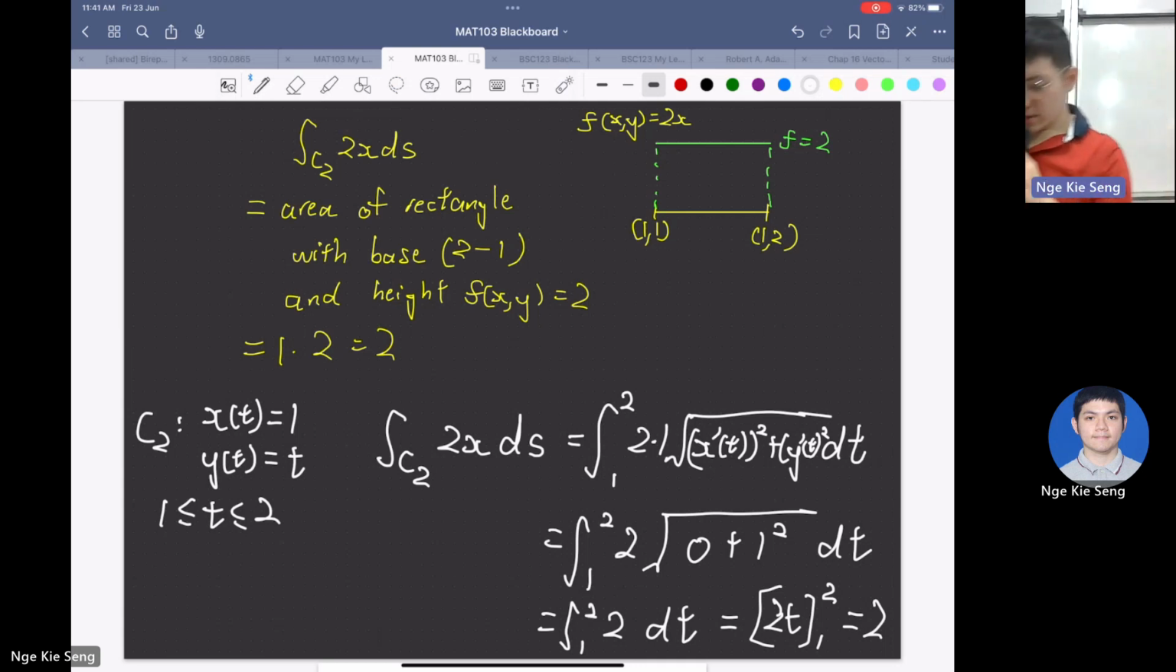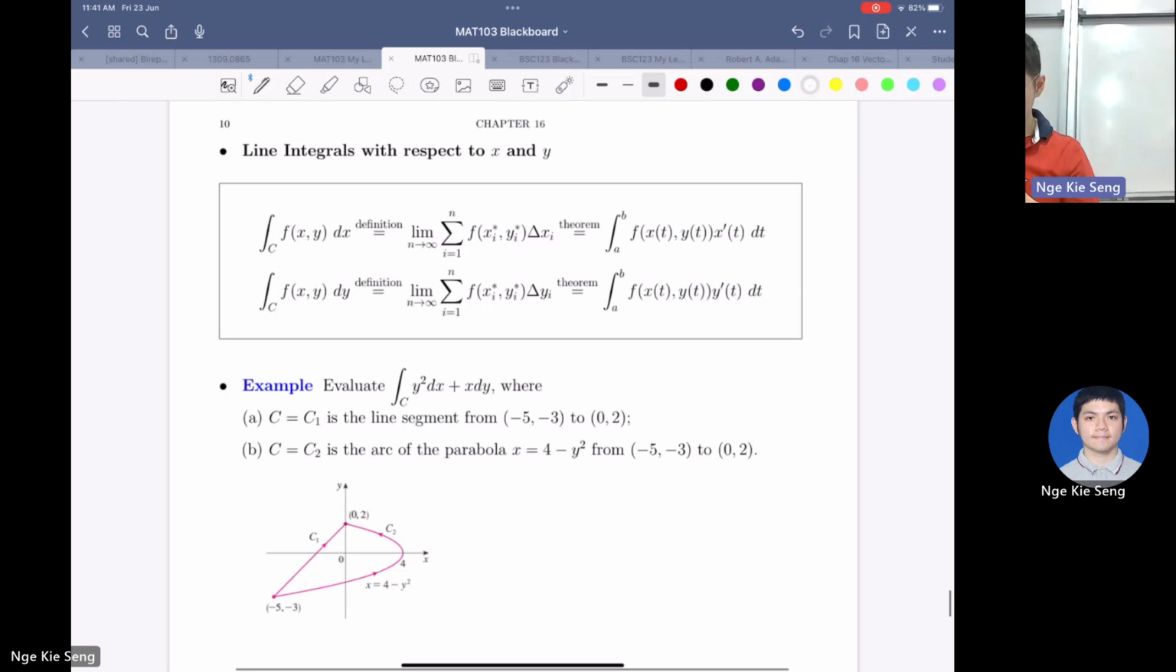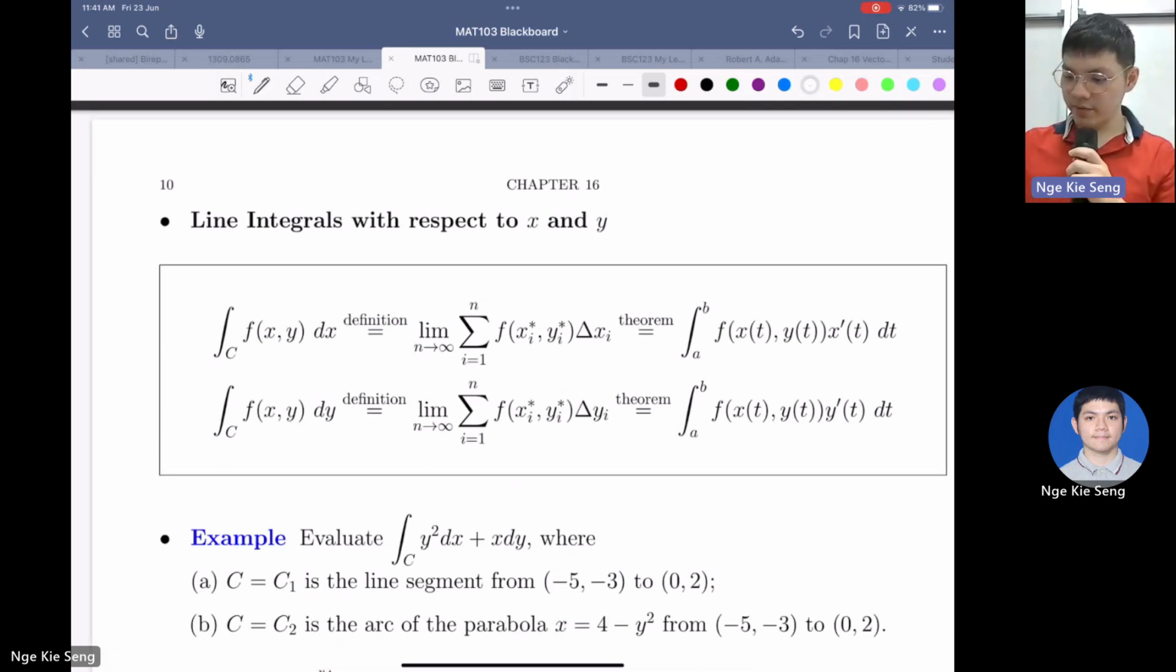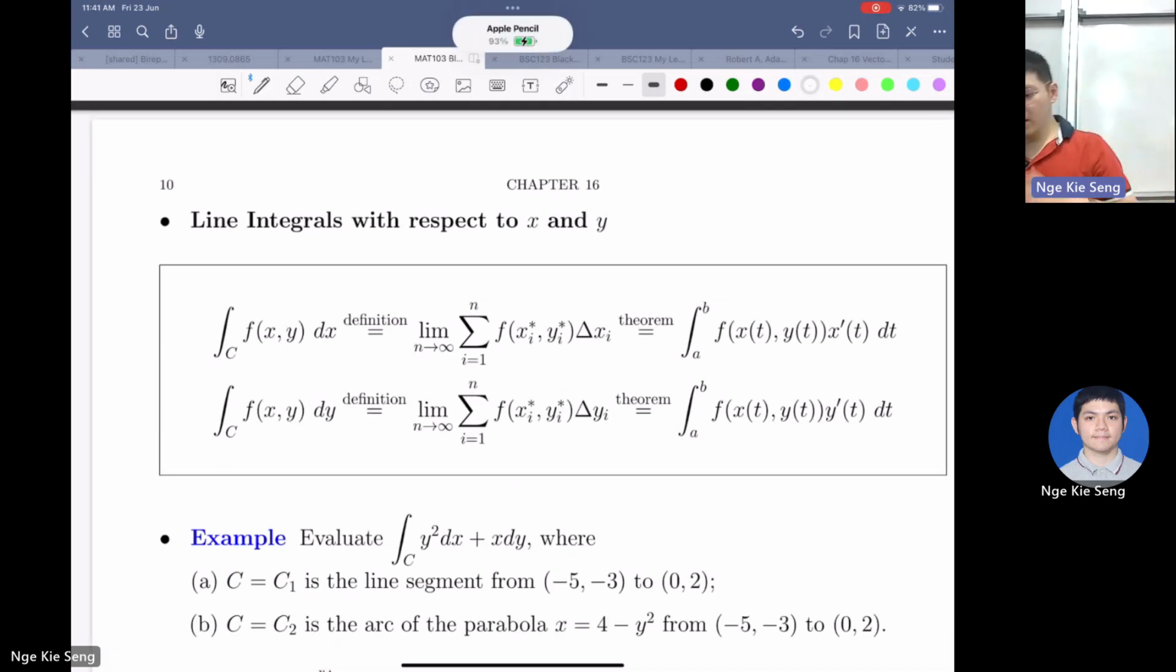Okay. So next is a line integral with respect to x or y. Let's say we don't integrate over the whole line, we just integrate over a certain direction, either dx or dy. So what's the definition? So if we write